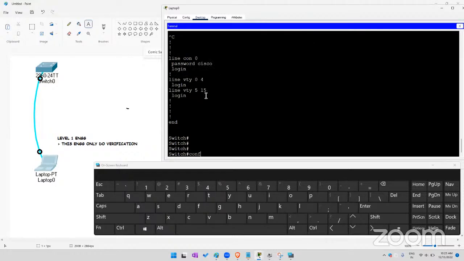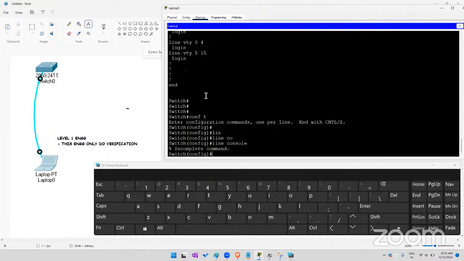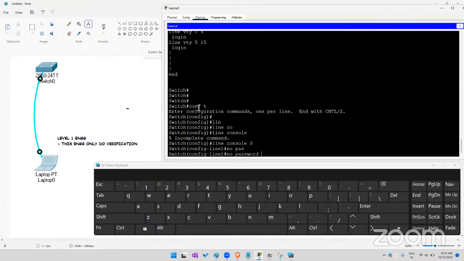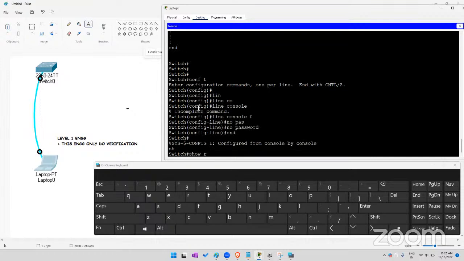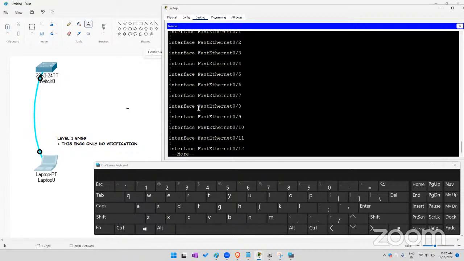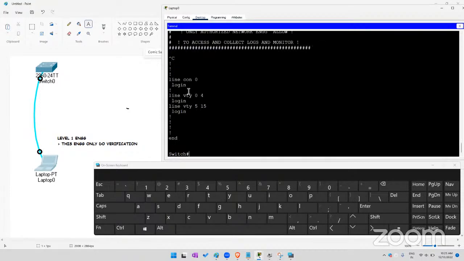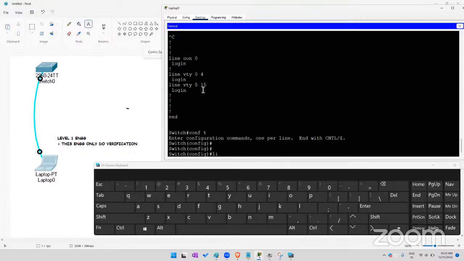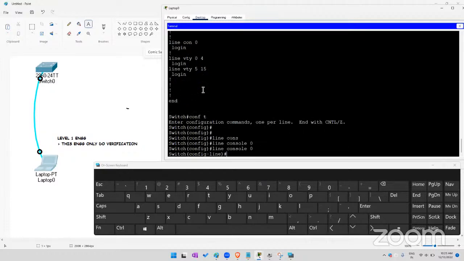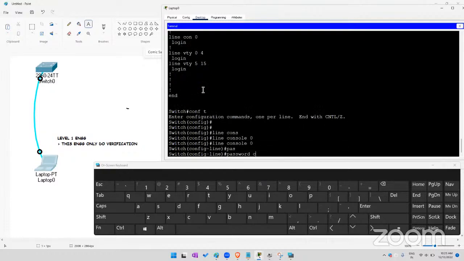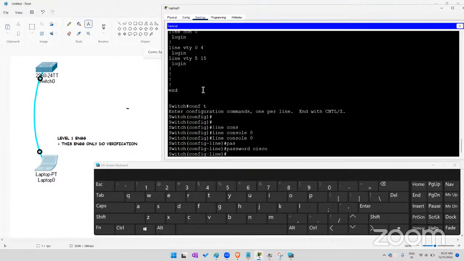go to config mode, line console 0, no password, and then end. Show running config and then a space. Right now verify: will the console ask for any password? No. Clear? So we can set it, we can remove it. Line console 0 and then password is Cisco, and then multiple